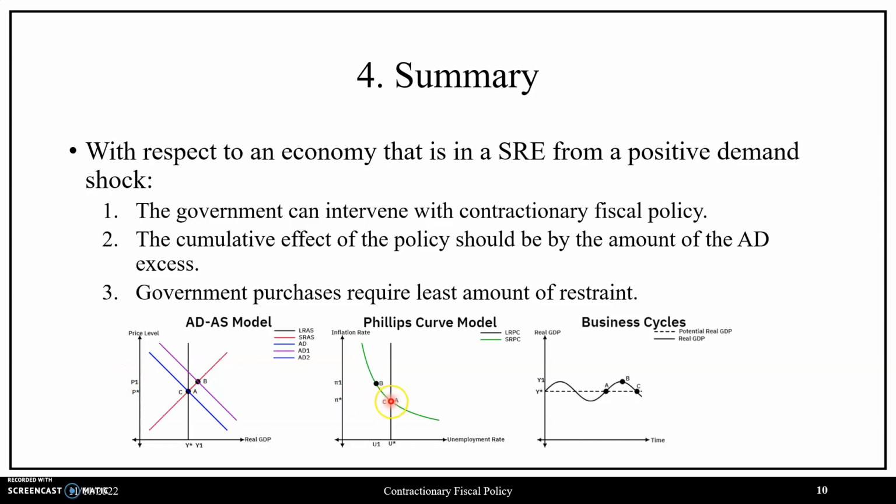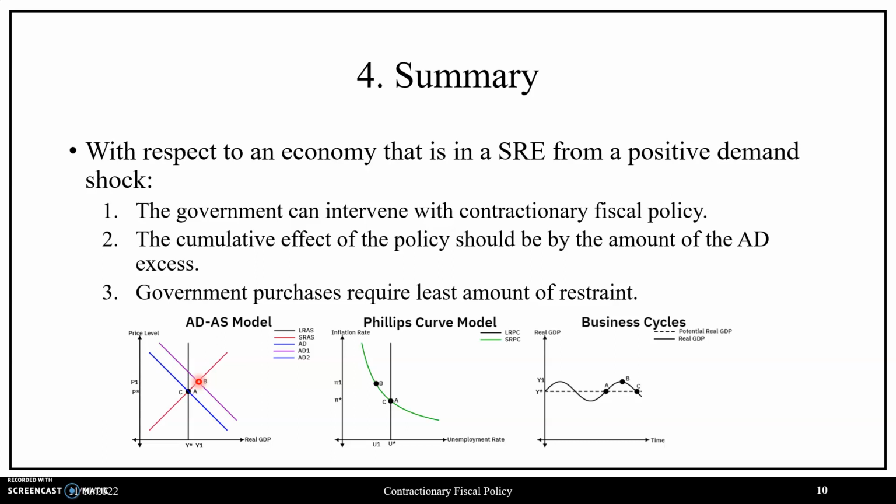With a positive demand shock occurring, in terms of our Phillips curve model, this means leftward movement along the short-run Phillips curve going from point A to point B, in which the inflation rate is above pi star, indicating price stability does not hold, and in terms of the unemployment rate, the economy will be below its natural rate of unemployment. And given that a positive demand shock has occurred, in which there's an inflationary gap, in terms of our business cycle graphic, this means the economy has recovered to a peak at point B, where so long as this economy is in the short run, that is, prices are sticky, there will be no long-run self-adjustment,